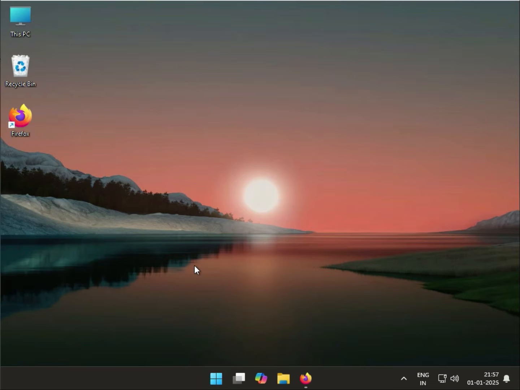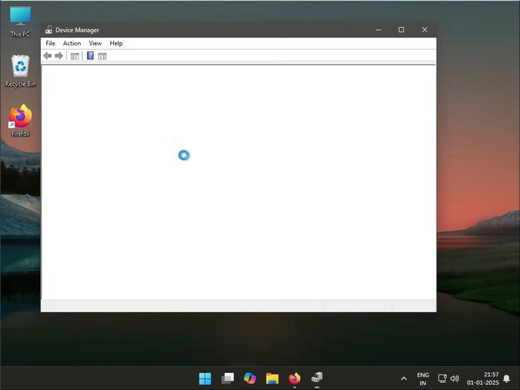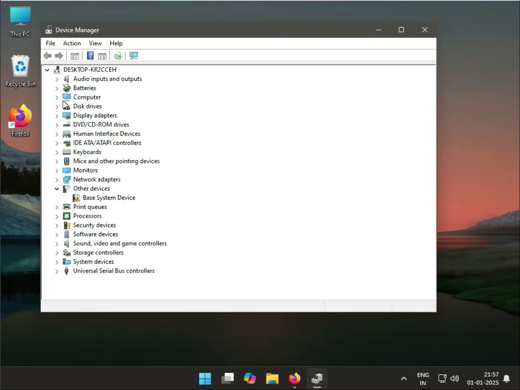So guys, related to Realtek audio issues, check the installed driver version. Okay, right click the Windows icon, means the Start icon, go to Device Manager, expand Sound, video and game controllers,